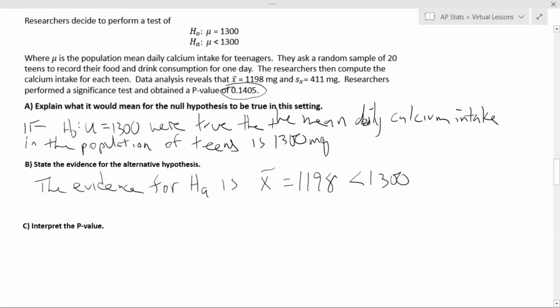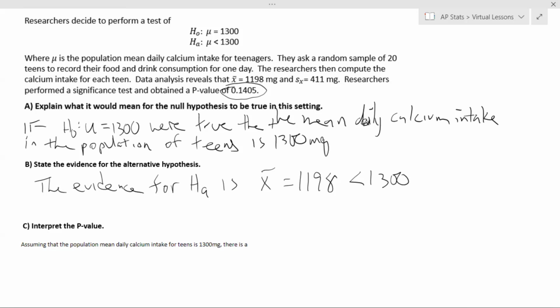So I'm going to actually type this one out to interpret the p-value, but this is basically how we want to do this: assuming that the population mean daily calcium intake for teens is 1,300 milligrams,